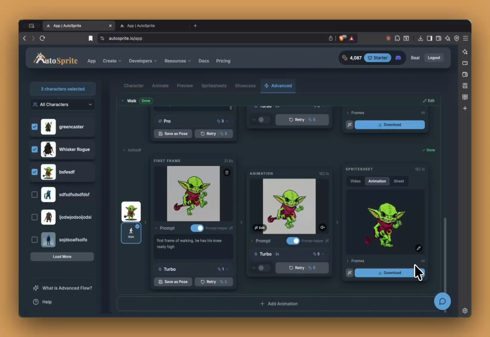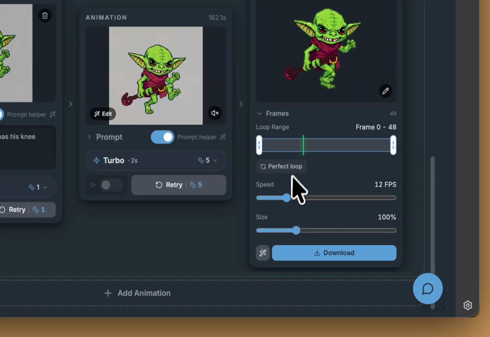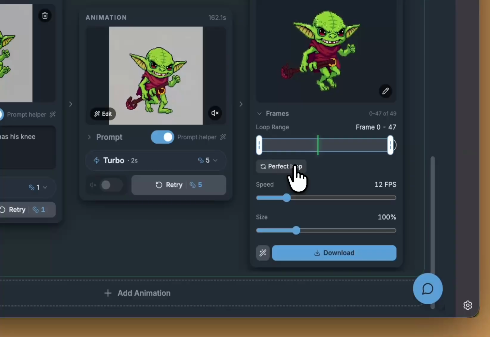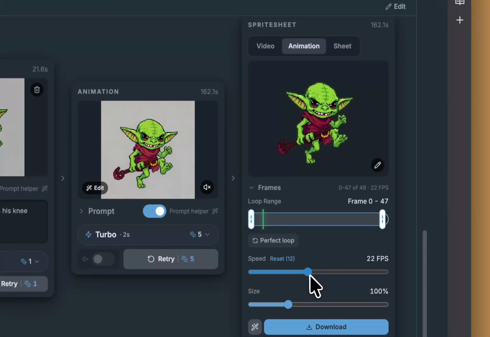There's kind of a new feature here where we can edit the frames. So there's this cool new perfect loop thing too. It tries to get it more perfectly looped if it's not already perfectly looped. So that works out. The speed,